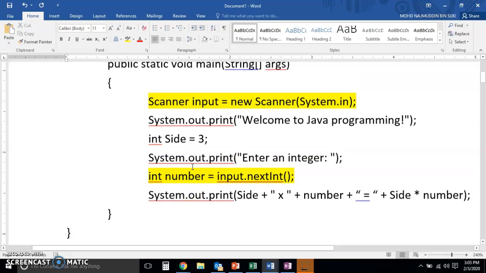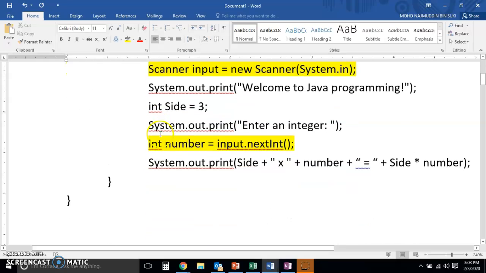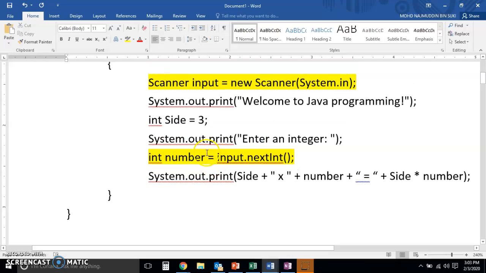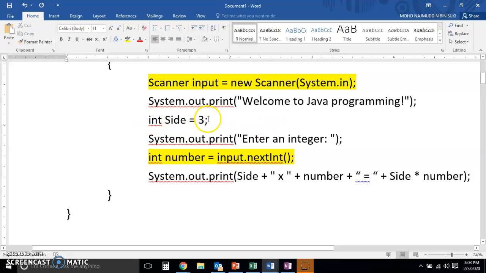And that enables us to actually make use of input and committing that input inside a particular variable that we declare, right? So I have that line, these two lines, and then I'll just have the line which says commit a particular input inside a particular variable. In this particular case, the particular variable is called number, right? So the rest is very similar to all our programs. All this while we have an output line called welcome to Java programming, right? And then I just declare a variable